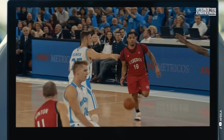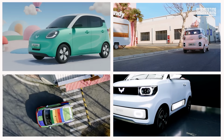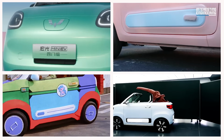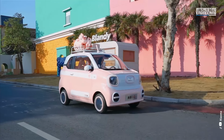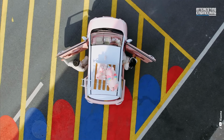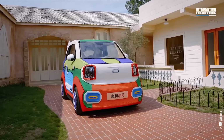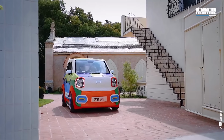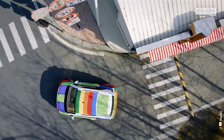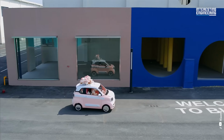Not all radical EV designs are about looking like sci-fi machines. Some are about reinventing the car's role in everyday life. Consider the explosion of tiny, personality-filled electric cars in Asia's cities. One example is a little EV known as the Bestune Xiaoma, which looks more like a toy than a traditional car. Painted in bright colours and adorned with themes like cartoon penguins or My Little Pony, it even has an interior with multicoloured seats and a dashboard surface that you can stick Lego bricks onto for fun. This whimsical design targets young drivers and urban commuters who see their car as an extension of personal style, rather than just